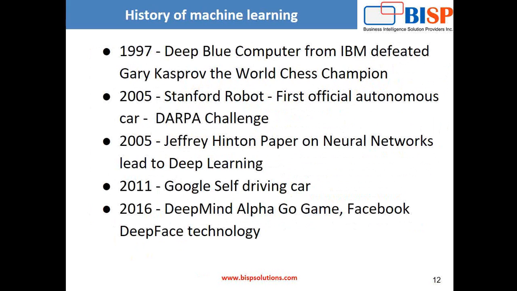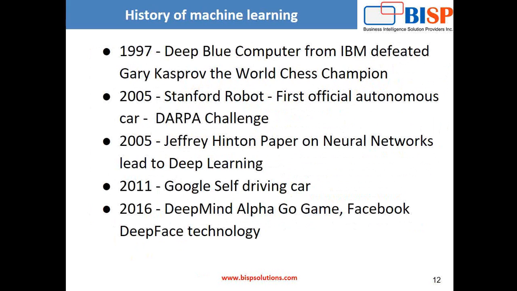2011, Google introduced its first self-driving car. In fact, in 2013, many states in the US approved the self-driving car with all the constraints as well. In 2016, while chess has about 64 squares, there is a game known as Go, a Chinese checkers game. In 2016, a company called DeepMind in the UK, later taken over by Google, defeated the Go champion in the world. Like 1997, when the chess world champion was defeated.